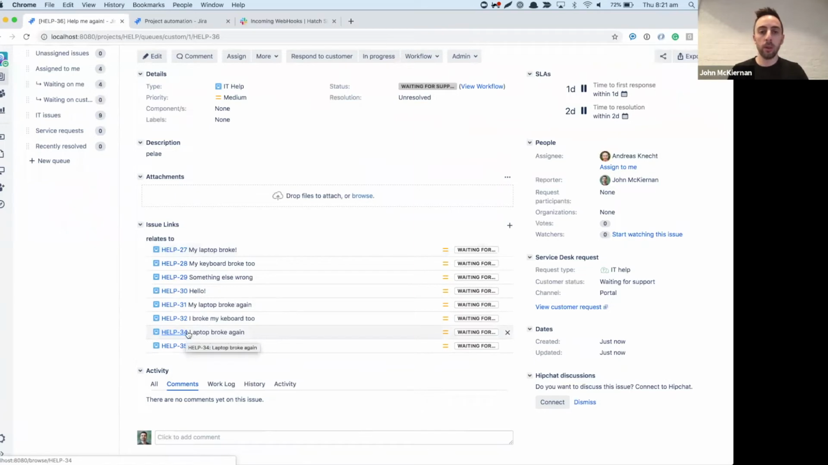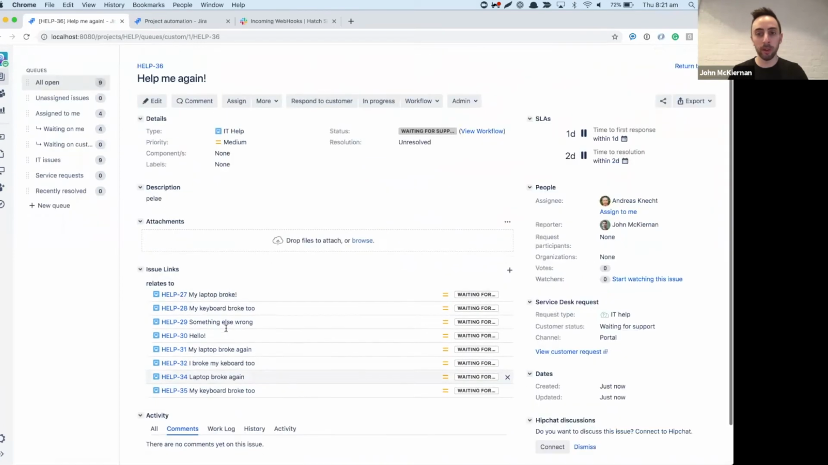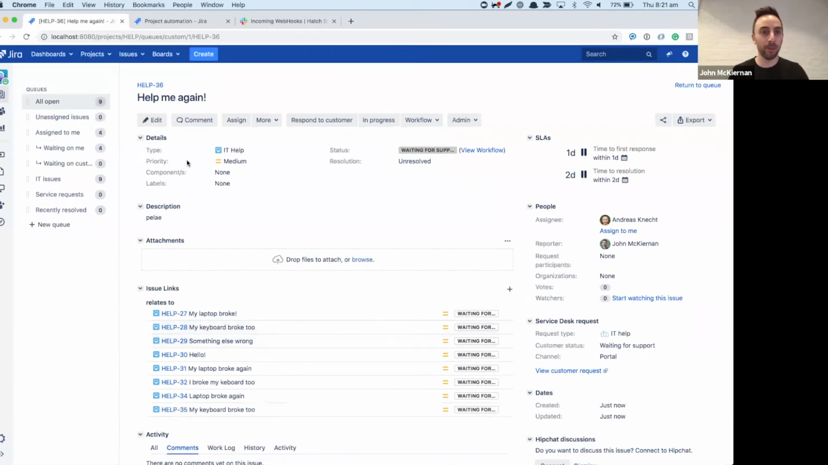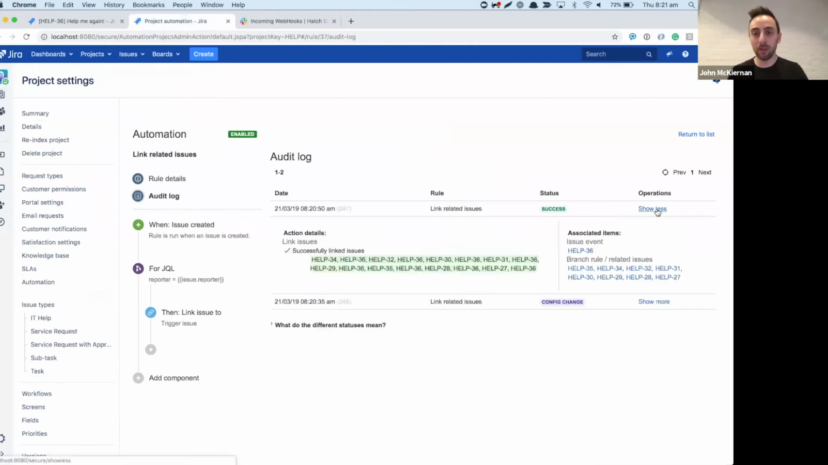And this is now really quite useful because as a support engineer, I can see how many times John has spilled coffee on his laptop before and broken it. And I can probably tell him that he should be a bit more careful with his coffee rather than always asking for new laptops. And just to show you the audit log again for this execution, you can see here